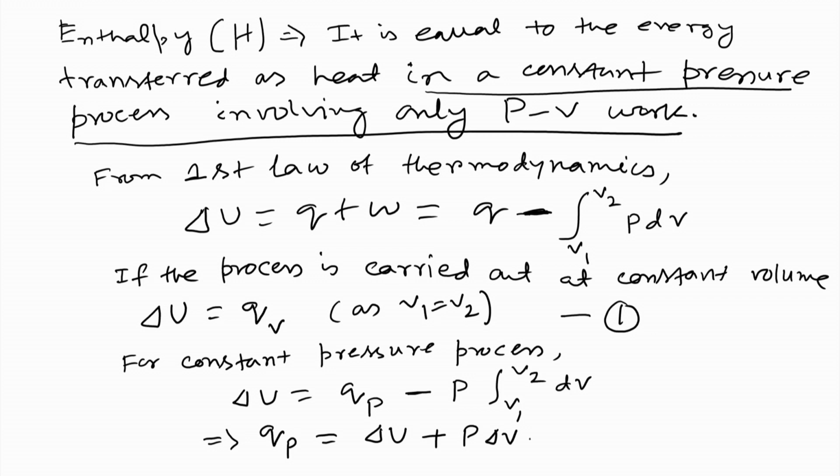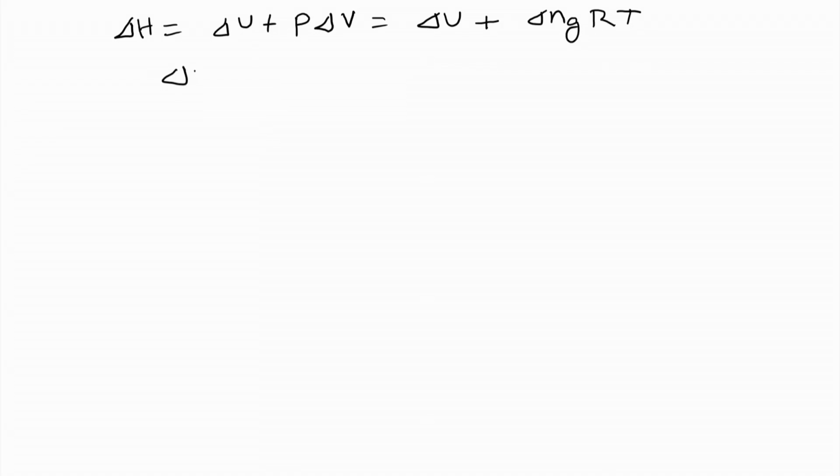So, we can write this as delta H. What we obtained is that delta H is nothing but delta U plus P delta V. And we can further simplify this as delta U plus delta Ng RT, where delta Ng is the change in the number of moles